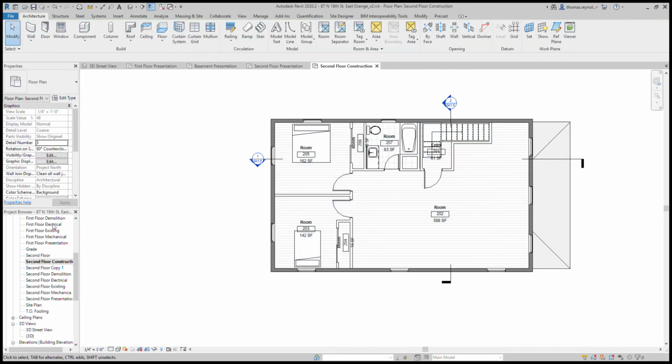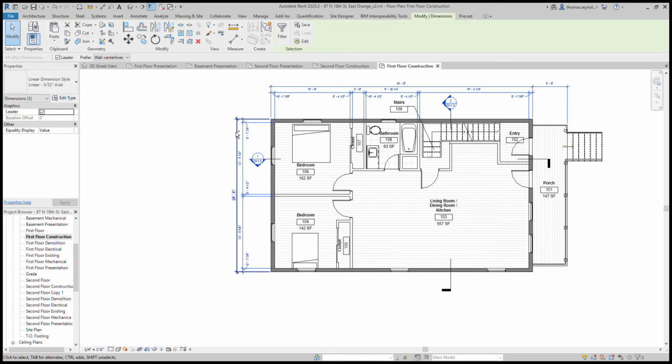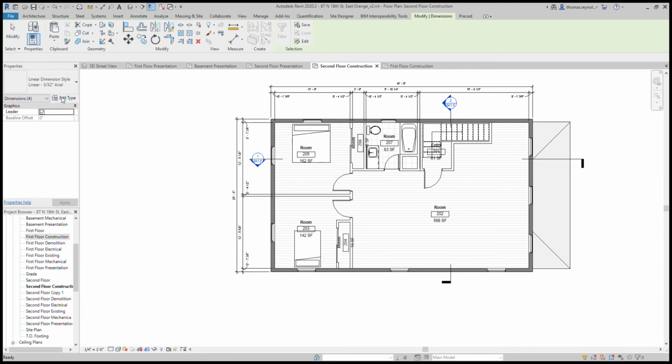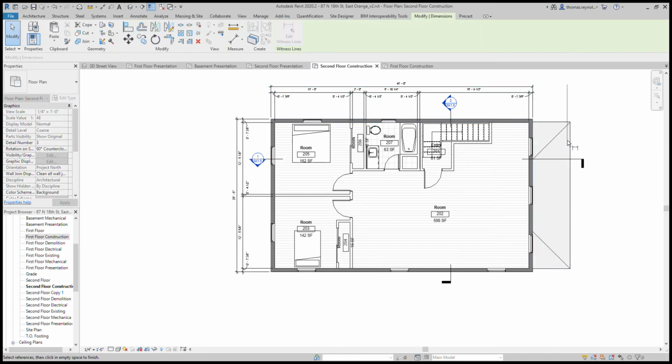And I'm actually going to go to my first floor construction. And I'm actually going to take these dimensions. I'm going to copy them. Go to the second floor. Align to current view. You notice it automatically didn't have the floor plan below one, so it's not attaching itself